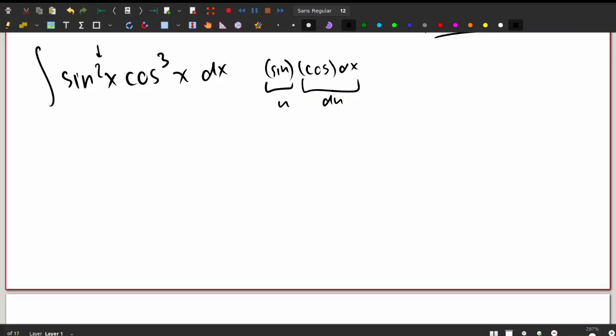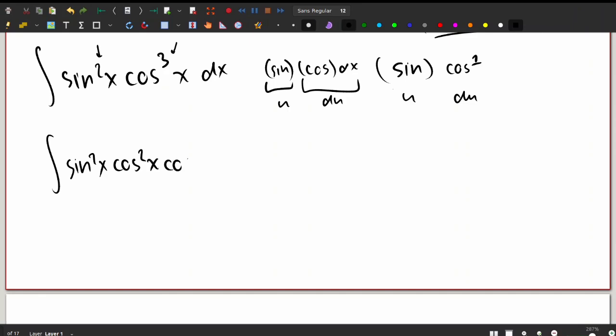Because this one is squared and this one is cubed, we can't immediately spot any u and du. So what I'm going to do is rewrite this so we get something that's in terms of sine times cosine to the 1, because that makes it incredibly easy to make this u and this du. Let's rewrite this as sine squared x cos squared x cos x dx. And remember, if you see your trigonometric identity here, cosine squared x can be rewritten in terms of sine. It's 1 minus sine squared x. And therefore, let's rewrite it that way, and then our u sub becomes apparent. This is sine squared x times 1 minus sine squared x